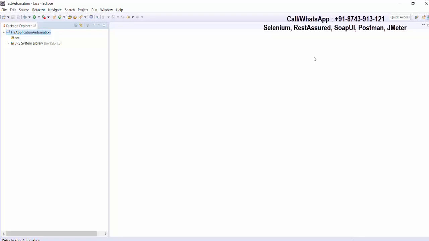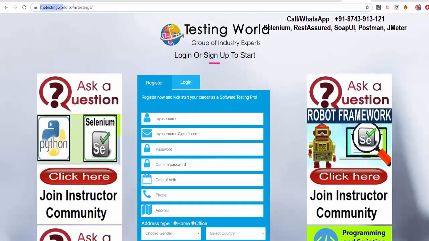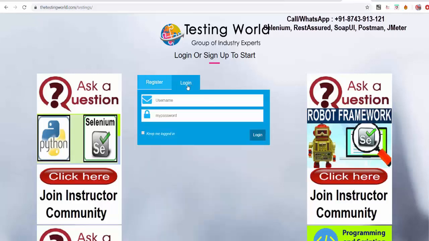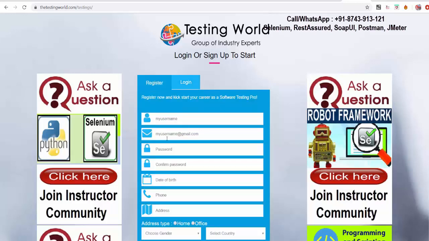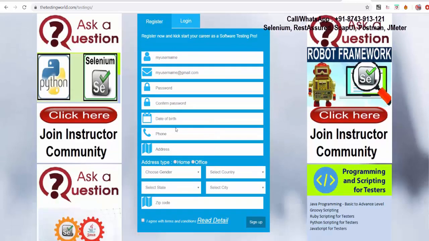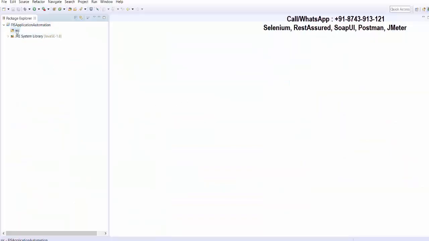In the same way, we can have test cases for the different functionality. So if I take an example, here in this application, we have different functionalities. The first functionality is the login functionality. We have a registration functionality. After login, we will have many more functionalities. When we are going to automate this, if we write all test cases here in the SRC folder, means I want to automate 100 different test cases, so I'll create 100 files here and all files will be in the SRC folder.